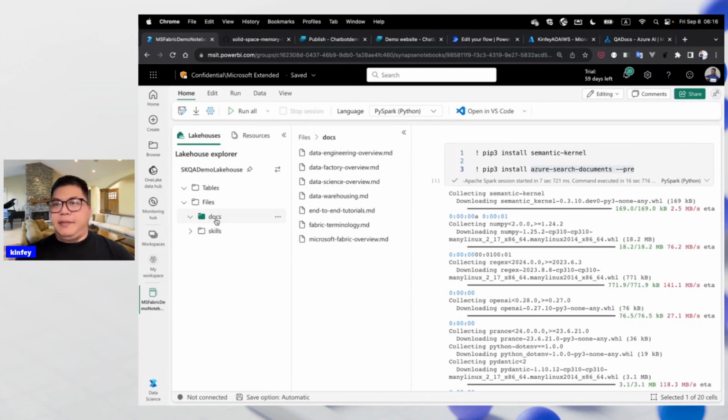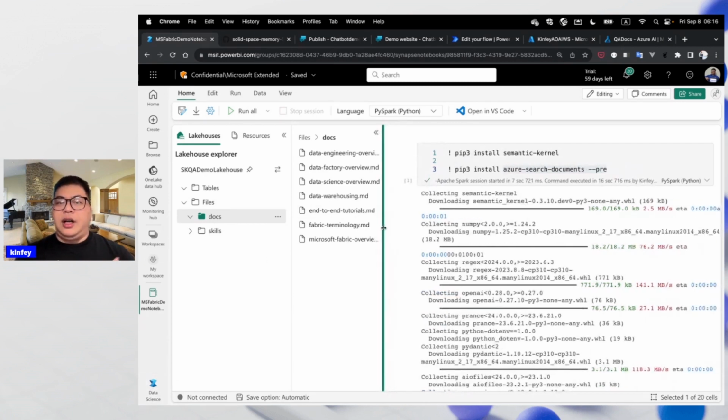This time you can see I use the Microsoft Fabric documents, and how to analyze the documents. I choose the data scientist role to finish some embedding jobs, because as a data scientist you can use the Jupyter Notebook.